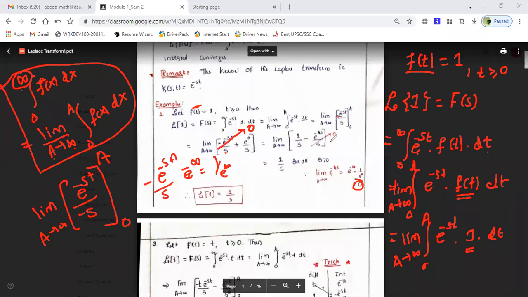Similarly, what is remaining here is 1 upon s. So limit as a tends to infinity, this is 1 by s, because plus it is 1 by s, and here it is minus e to the power minus sa upon s. As a is tending to infinity, this value will be,